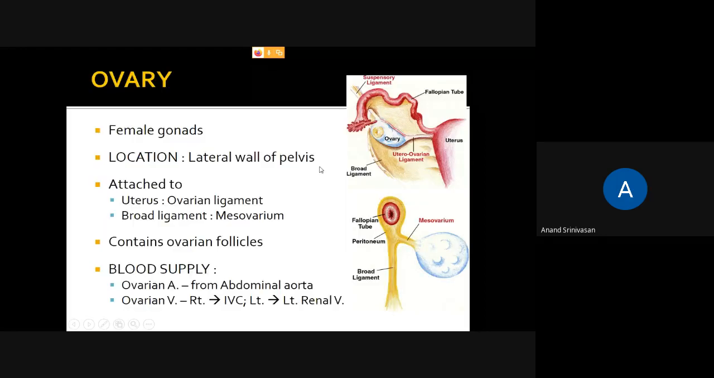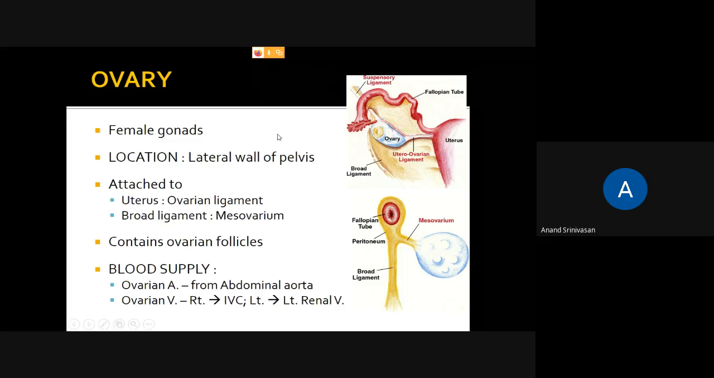All right, the next one, the ovaries. The ovary is just similar to the testis, but it is present inside the female abdomen. So it is the female gonad. Unlike in males, where the testis is kept outside the abdomen in the scrotum,